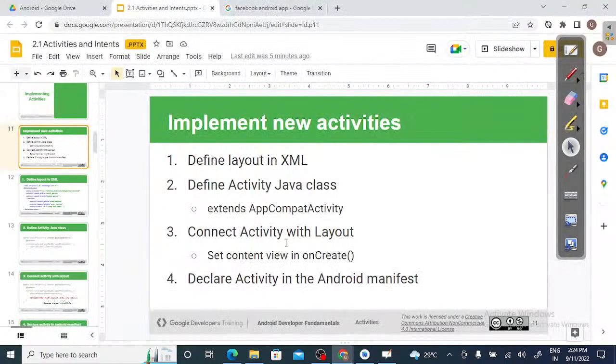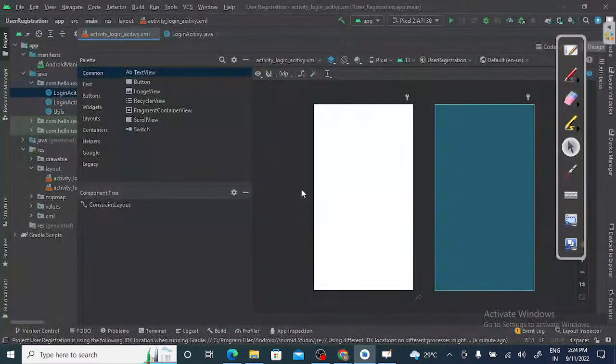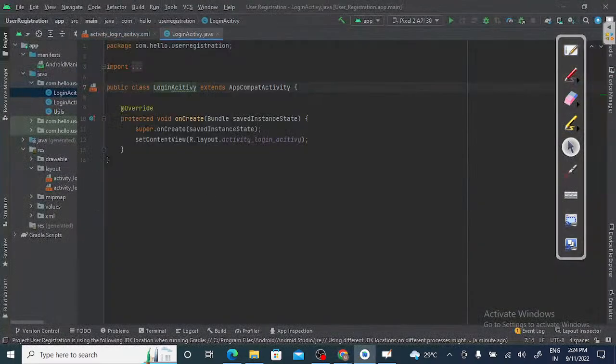Okay. So the XML layout has been done. And the second one is defining a Java class. You can see the Java class has also been done. So what is the launcher activity? You can take it this way: whenever you launch your application, there should be